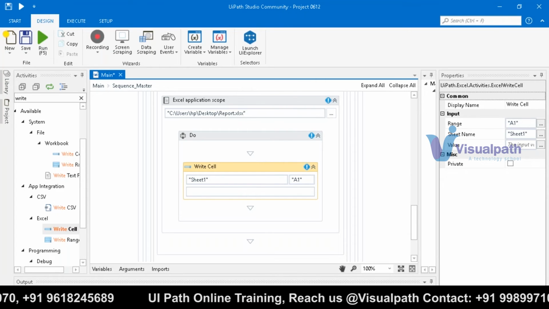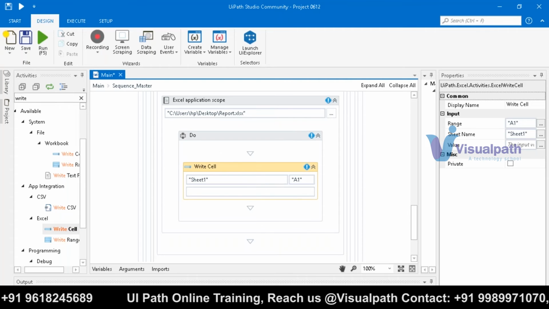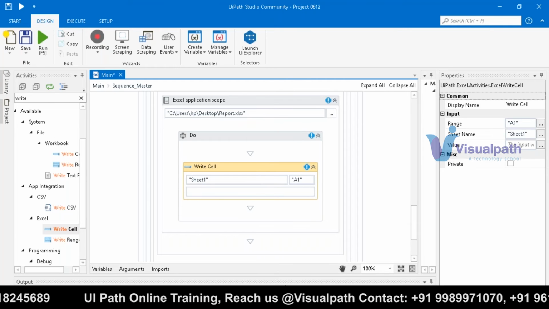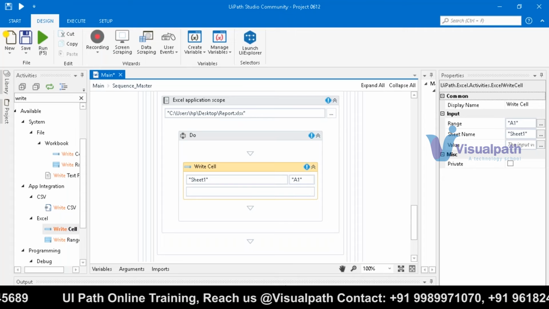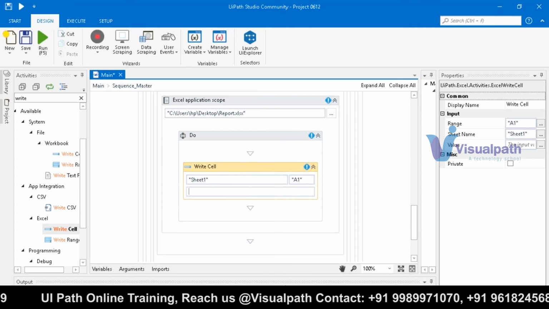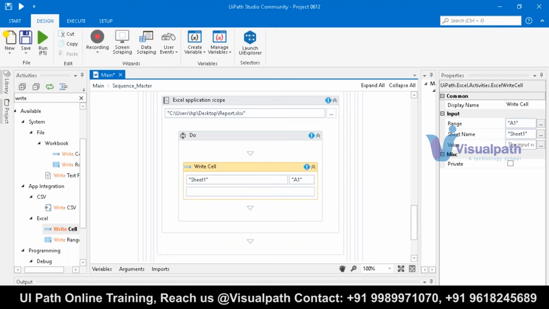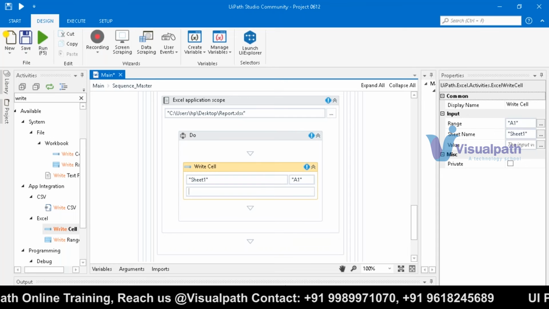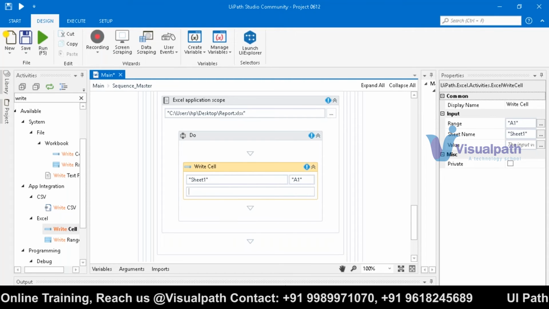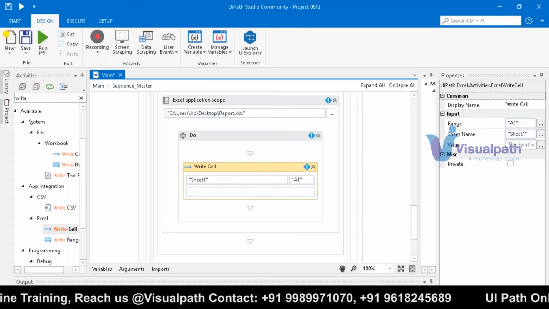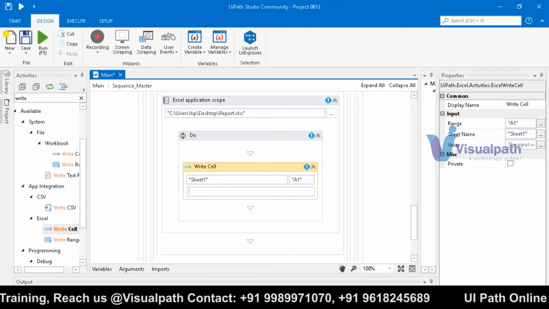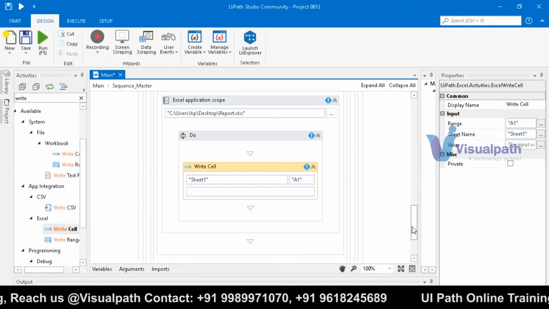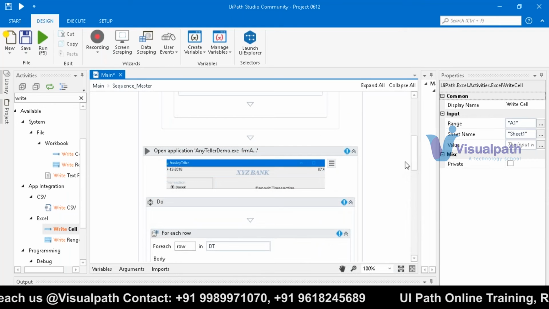So now this is the logic that you have to write, where every time you're reading a row, every time you're iterating through a loop, the value you're getting, you write into the respective row. Let us say the first time you went into the loop, whatever result you get, you write into the second row, because the first row is a header. Again you go into the loop, this time you write into the third row. Again, this time into the fourth row. So what I'm doing is introducing a counter. I increment that counter every time, and I'll write into the respective cell. So in my for loop, at the start of the for loop,